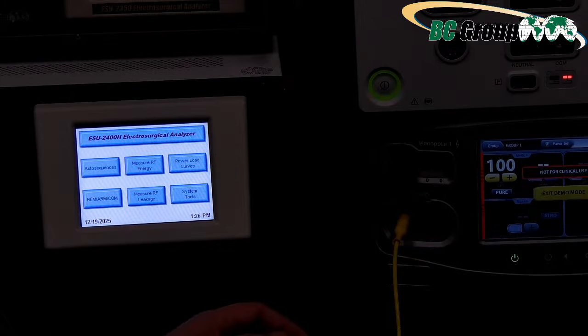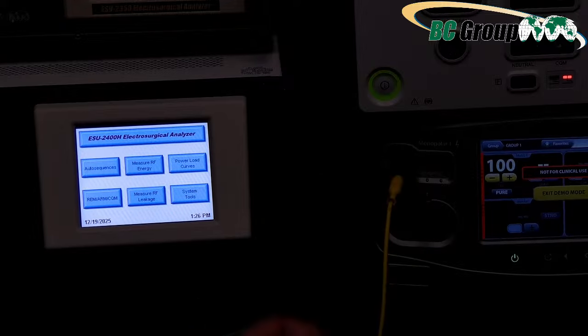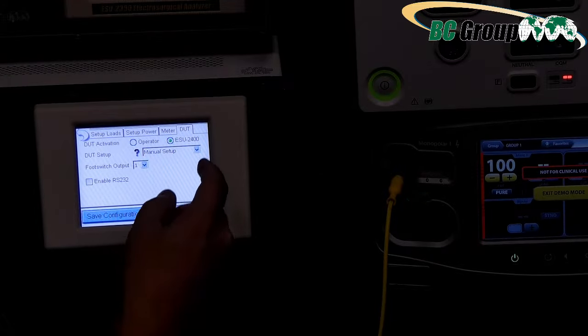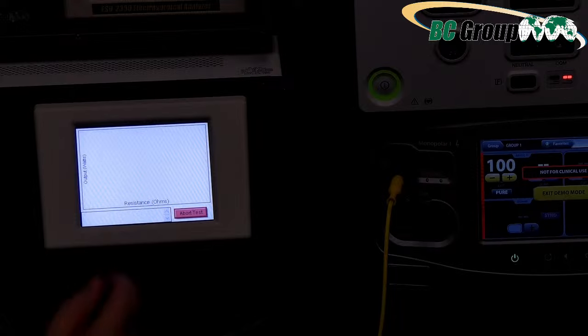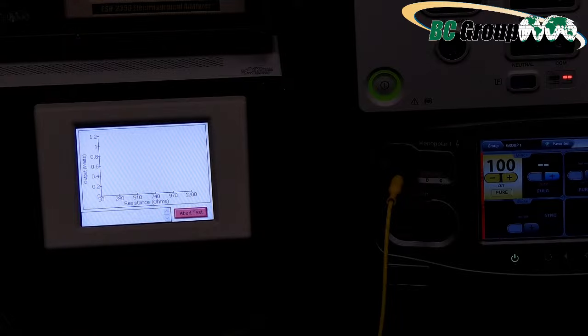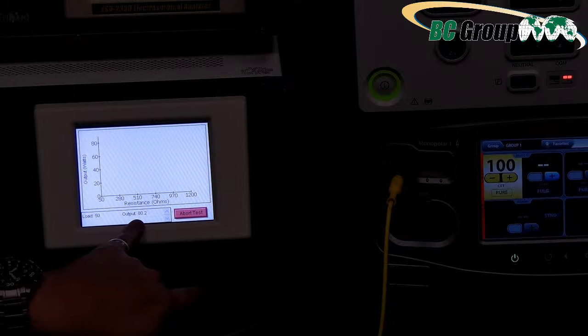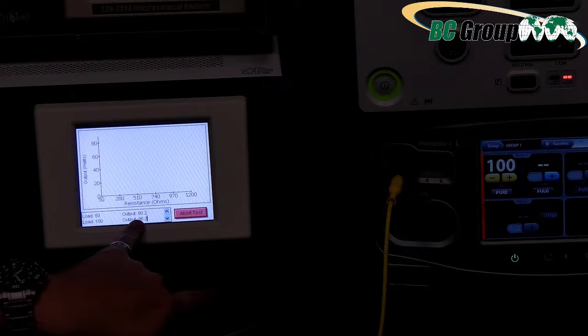Let's go first. Oh, that was my bad, guys. Y'all seen it, didn't you? Here, let's go back into it. Power load curves, configure load curves, start load curve, start. User error, guys, user error. I'm talking too much. Okay, so it tells you the measurement that it had, and it's going to activate it,